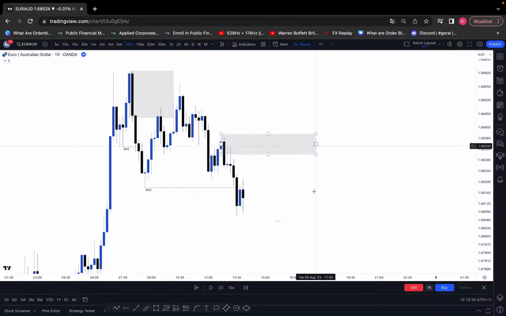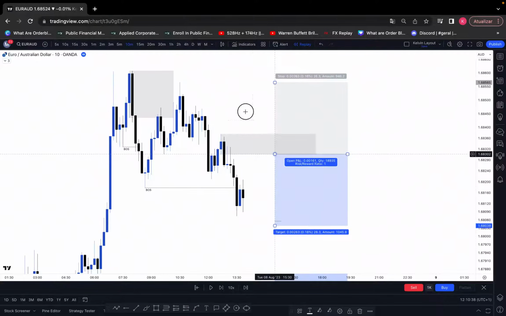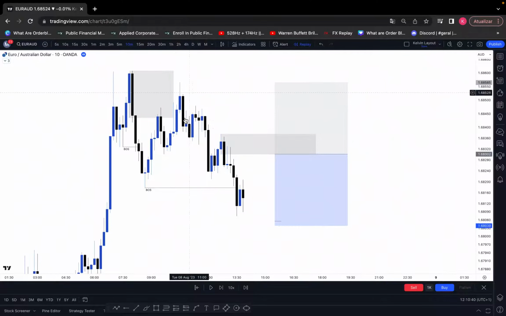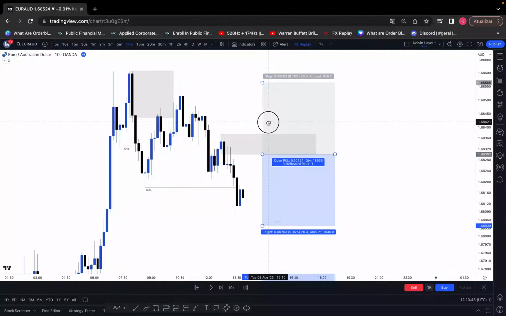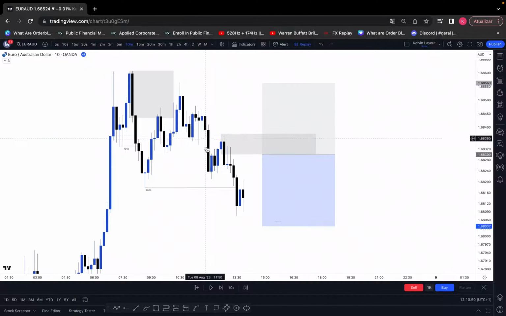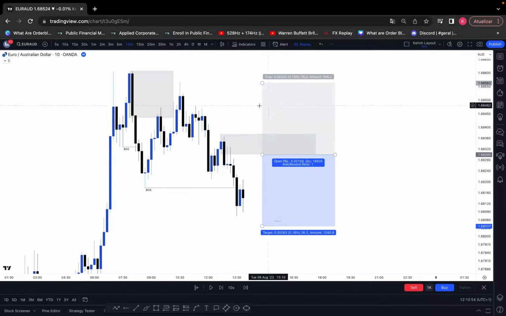So once we have this point of interest, what we can do is say, okay, I'm going to put my stop loss above. I can see that the price action is efficient. We don't have imbalances above, so there is no reason for price to go all the way up, right? We're just supposing, right? Just looking at the price action, everything has been efficient up here, right? There is no imbalances left. Everything has been mitigated. So we can say, okay, I'm going to place my stop loss, my entry limit order